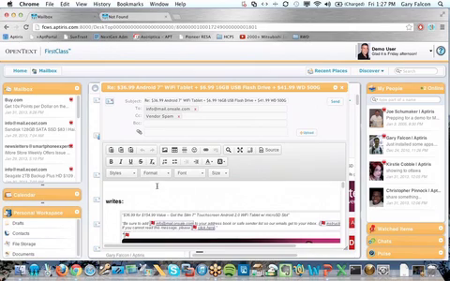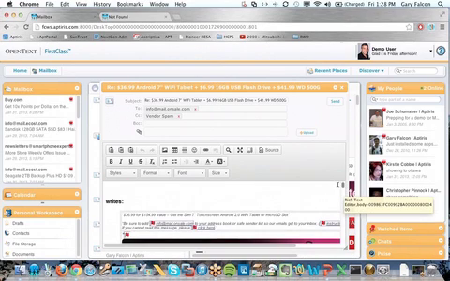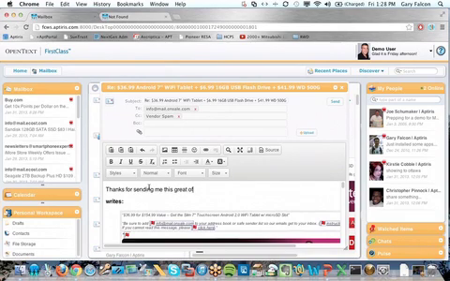It popped up my new message here in a new message window. And what you'll notice is that that original HTML is actually all available to me. So we're no longer losing the formatting of all that content. So I can come in here and I can say whatever, thanks for sending me this great offer,